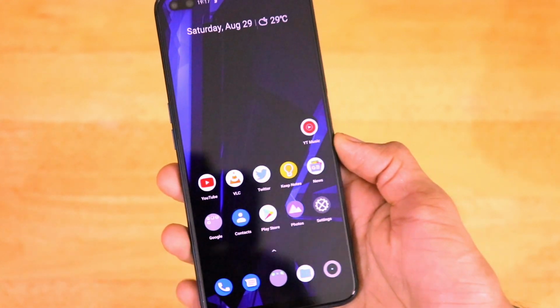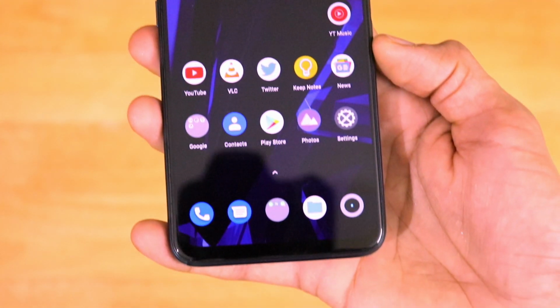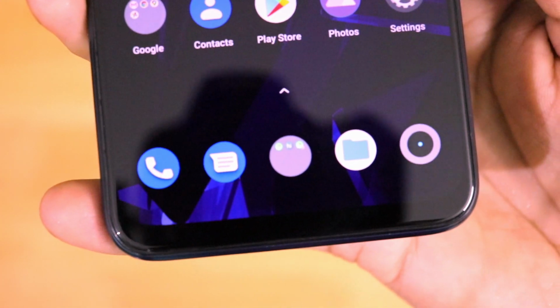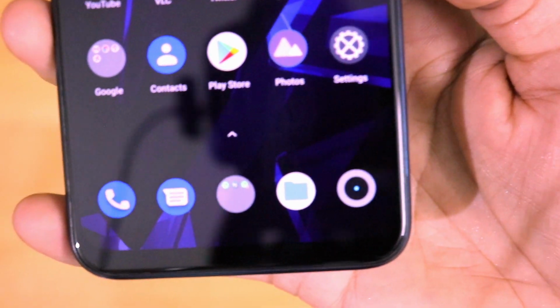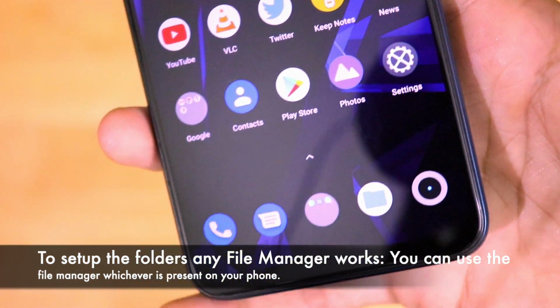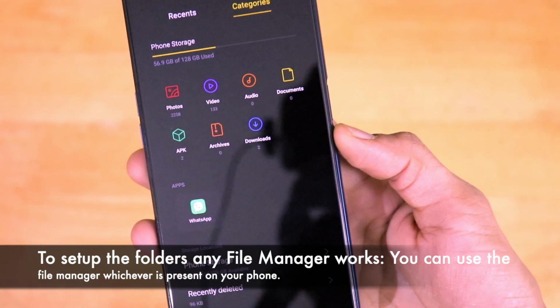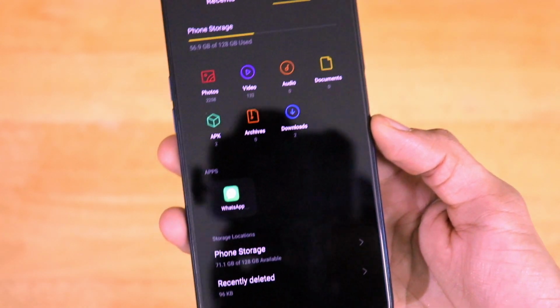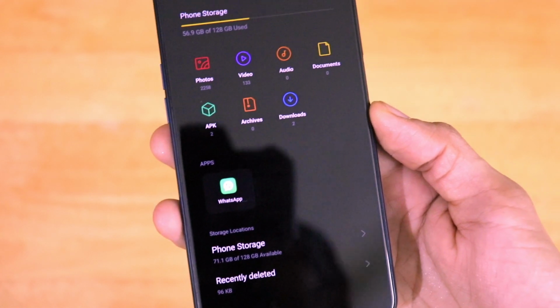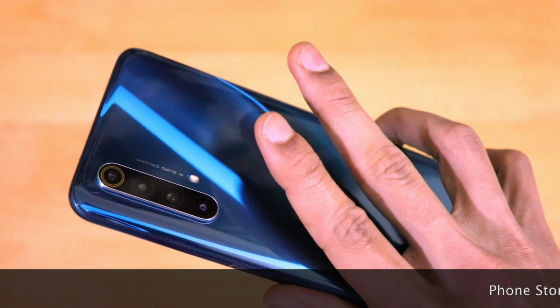Now that we have both the XML file and the APK file, the only part remaining is to set up both of these files and start shooting photos on the Gcam. To do that, we need a file manager. In this case, I'm using Realme's default file manager that comes out of the box, and you can use any file manager on your device of your choice. Once we go to the file manager, we have to create one important main folder and one important subfolder.